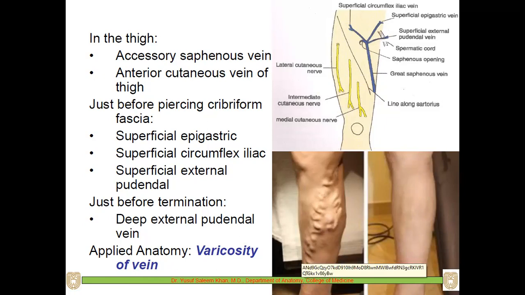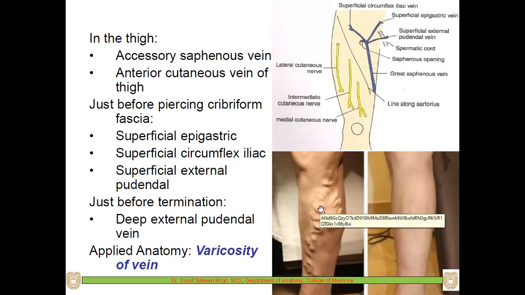the valves of the vein. As you know, the veins have valves, which help in unidirectional flow, and there is no back flow because the valves will be opening in only one direction, towards the heart. So the blood can be pumped up, but it will not come down. But if the valves lose their patency, there is a reverse flow of blood. Because of the reverse flow, the vein becomes tortuous and more prominent because of the accumulation of venous blood. So this is called varicosity of the vein.